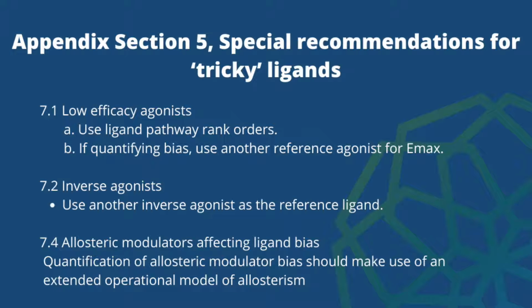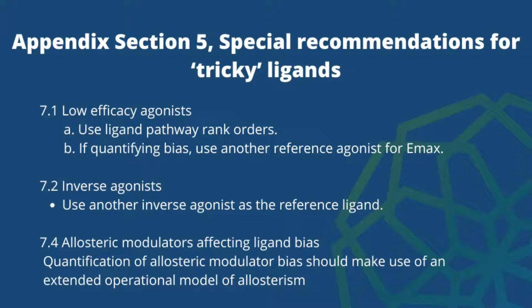Okay, yeah, that is a really good advice. So what is the best way to quantify ligand bias for the tricky ligands? For example, ligands that are dead in one pathway, but they may activate the other pathway with a very high efficacy. Yeah, that's right. So there are several types of tricky ligands. Some are the ones that don't have a full efficacy, meaning a full activation in one of the pathways. So they're partial agonists.